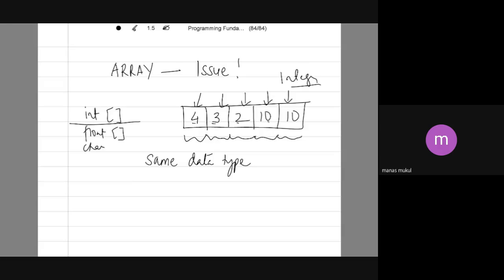Now, this is one issue that we have in an array. We should have more flexibility with this structure. We should be able to add elements into an array which are not of the same data type. If we can do that, we achieve a greater flexibility in our structure. What do I mean by that? What I mean is, rather than having an array which can store only integer values or only floating point numbers,